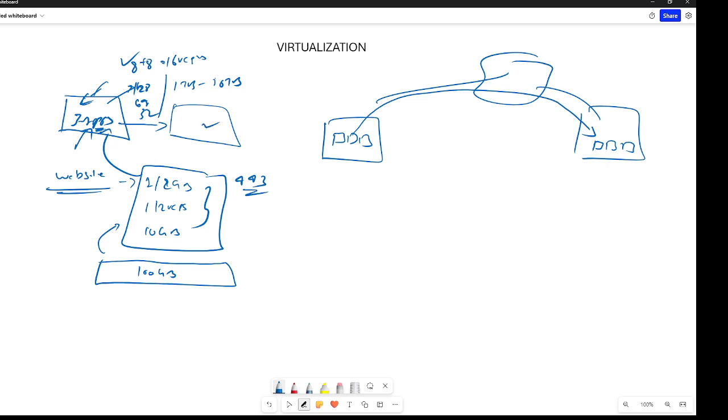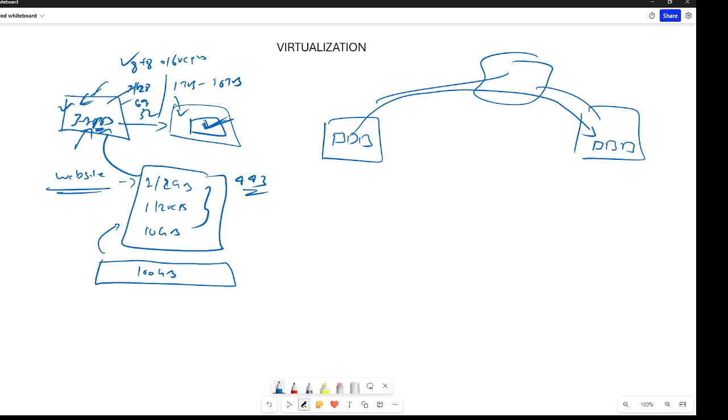How do you move it? You will have a copy of it. You will download the source code and everything, and install a new server in the data center. You will make sure that you have a replica available. Once the replica is available, you will move the traffic from this site to this site. But the problem is still the same. You have a physical server over here, and you have a physical server over here. Same thing.